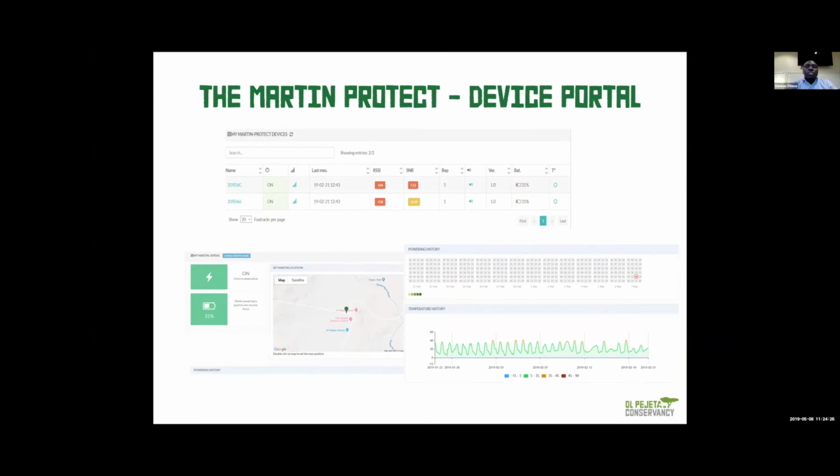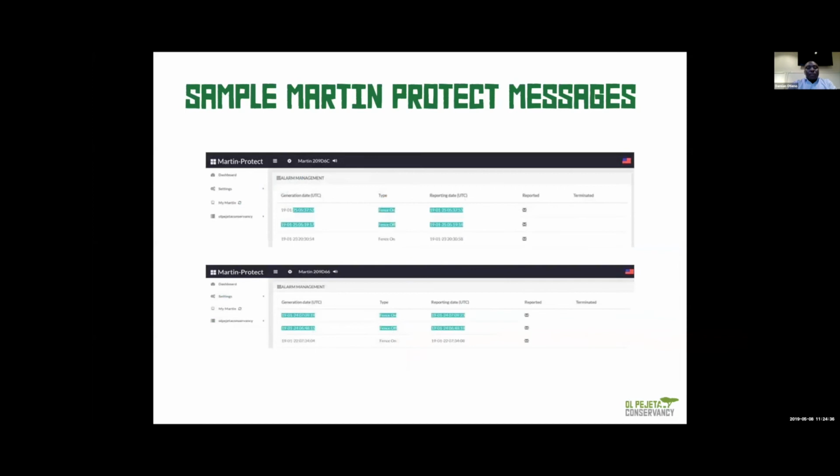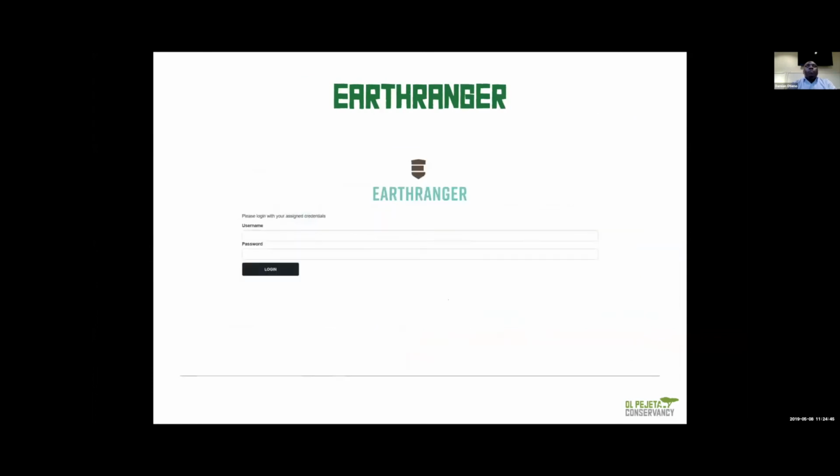And we're trying to also see how we can develop other more monitoring tools that are out in the market from this place, and be able to utilize the Sigfox network that we have. And then this is just a sample of messages that we get from the Martin Protect devices. And the other project that we've been able to